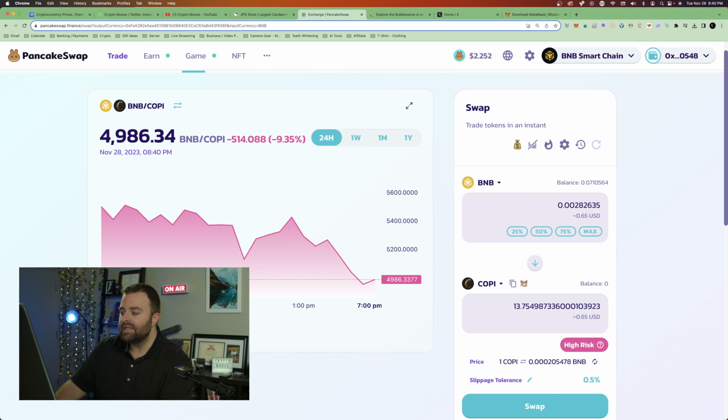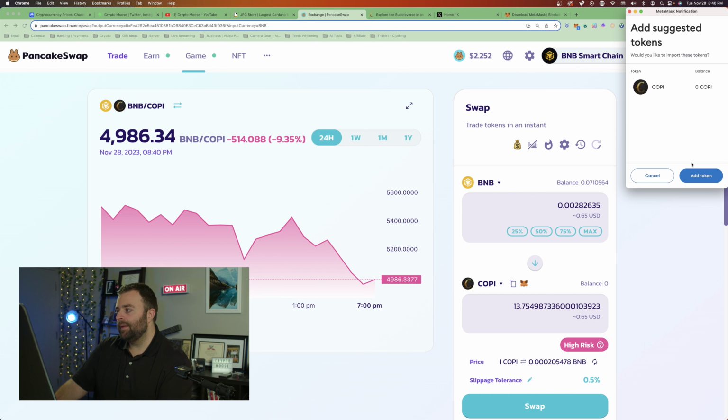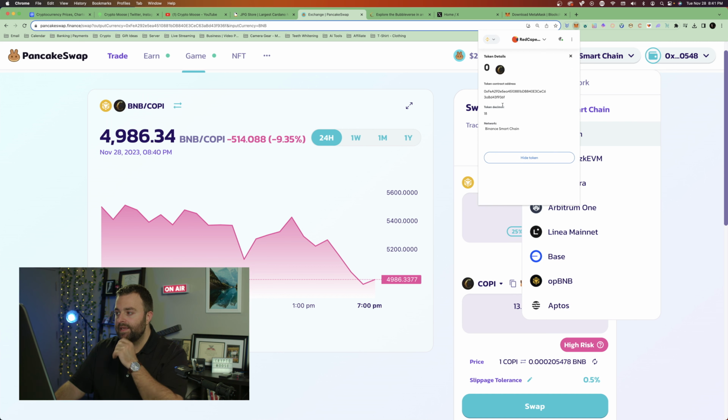In here, click on the logo. This is going to import the address, the token asset ID number. So add token. Now in our wallet, we can now see COPI. And I recommend to go and make sure, go to token detail. This starts with AUX FE8, and this is the contract address. So make sure you have the right one. So this ends in